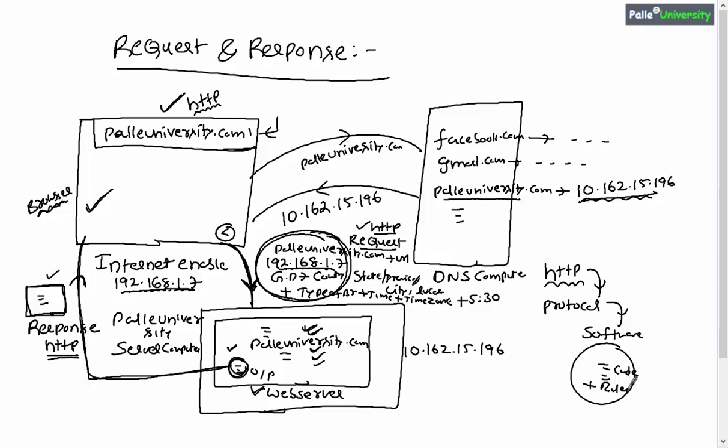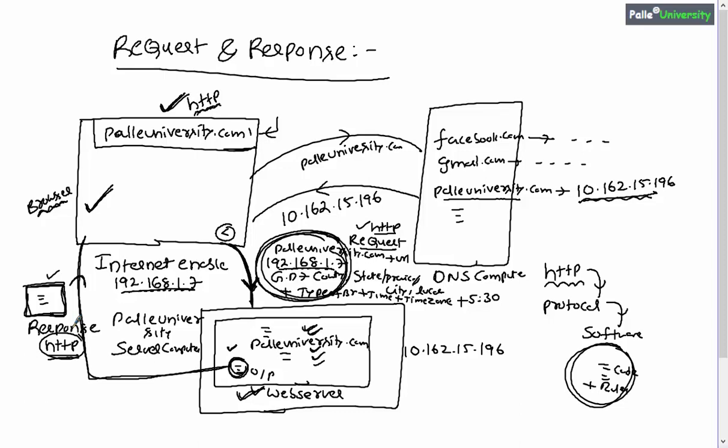So I said browser will be using HTTP protocol. This HTTP protocol knows what rules have to be followed for sending the data from the browser to web server computer, right? Because those rules are included in the protocol. So remember, there are a lot of protocols available in the market. Not only HTTP, there are a lot of other protocols available, but in general a browser and a web server will communicate or will exchange data by using HTTP protocol, right?